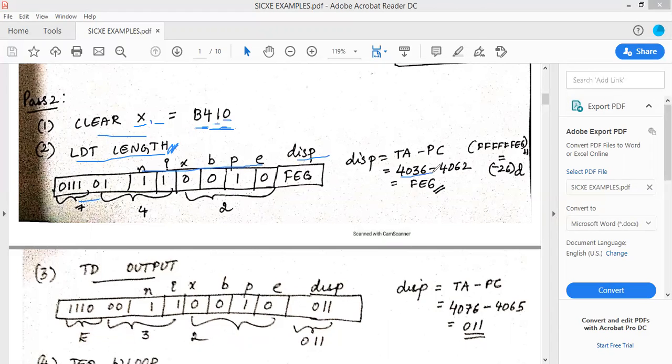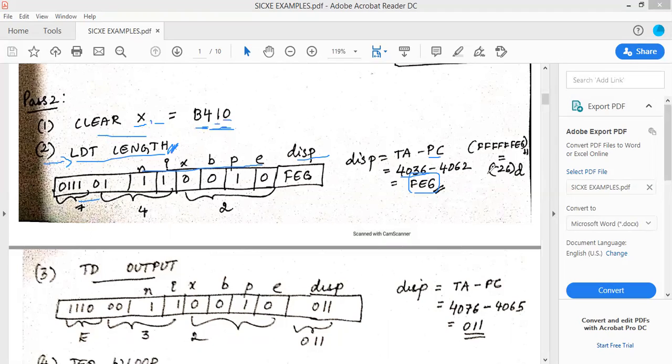What would the displacement be? TA minus PC. TA is the target address of LENGTH, which is 4036, and you can get it from the symbol table. PC is the address of the instruction that is sitting next to this one, which is 4062. When you take the calculator and compute 4036 minus 4062 in hexadecimal, you get FFFFFFA6.